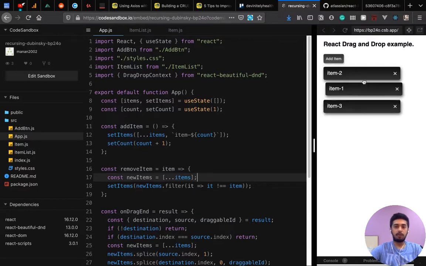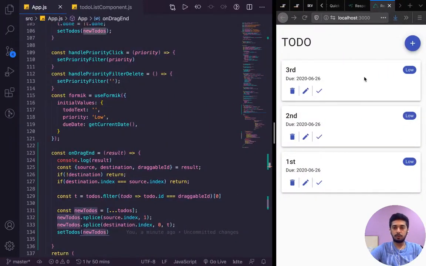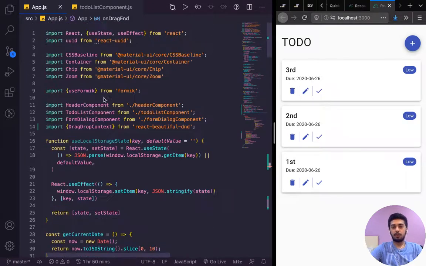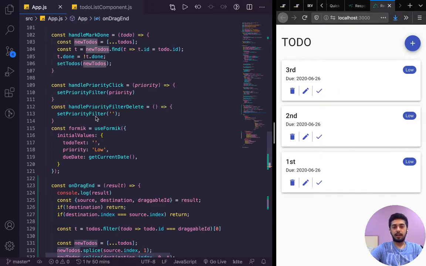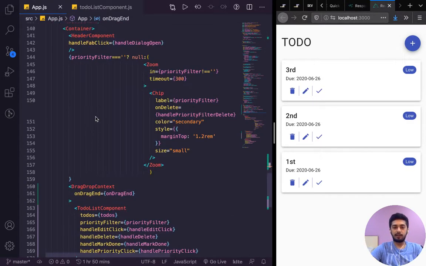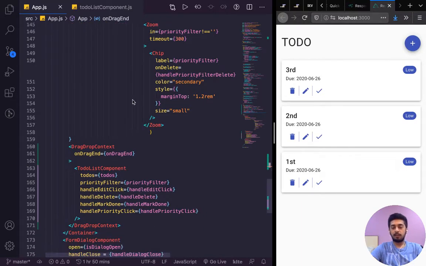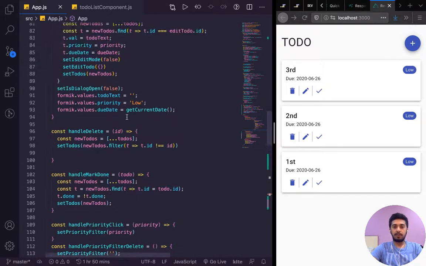I'm not going to make the code for my to-do list open source because honestly this code is really bad, and I don't want people referencing it for learning, because that's something I very often do. I find projects on GitHub that are using the same tech stack that I want to learn, and I see how they have implemented stuff. I don't want anybody doing it with this code base because it's not up to the mark, to be honest.